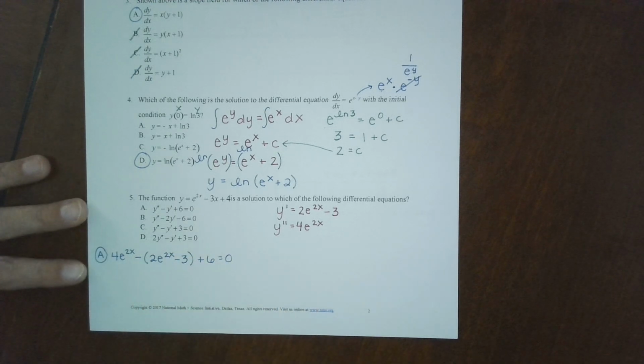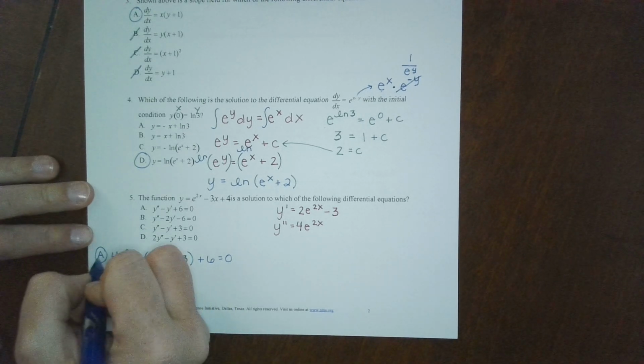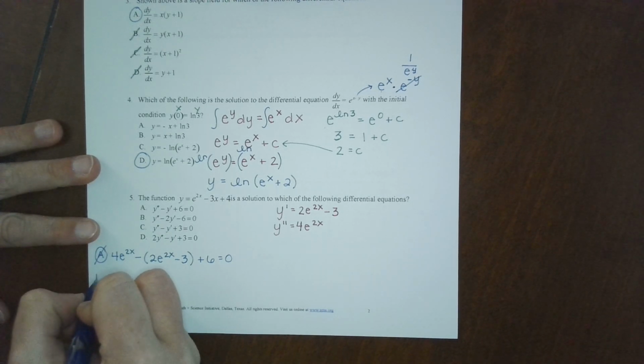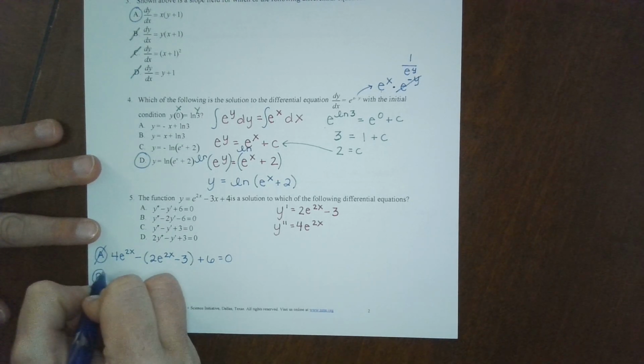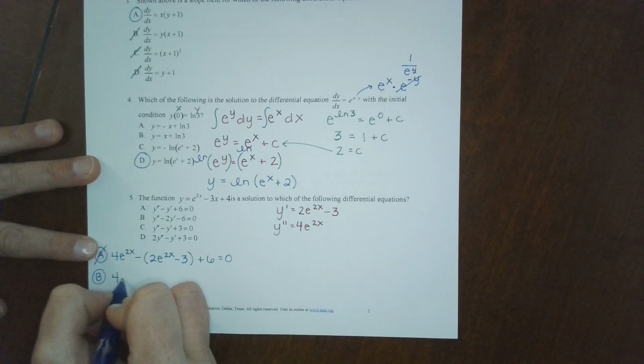Now I could go through and do some number crunching here, but I can see already that this is not going to cancel out, right? That 4e to the 2x minus 2e to the 2x does not cancel out. And then I'm subtracting a negative 3, which is really adding a 3, adding another 6. There's no way all of that is going to come together and make 0. So I feel pretty good about axing that one out right now. Like I said, it's going to be D. I don't really know that yet, but okay, y double prime, 4e to the 2x